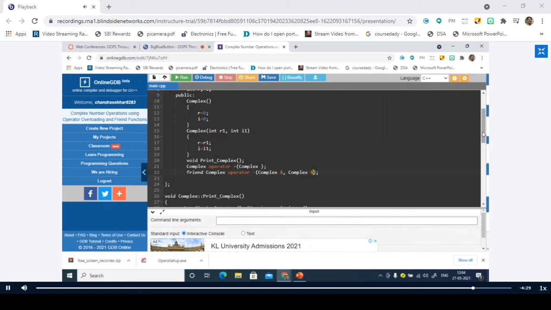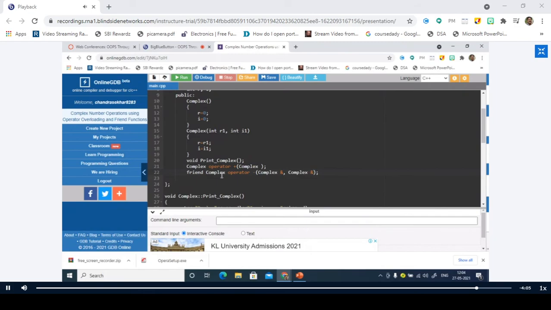Now, can I define the friend function inside this class? No, I should declare it outside the class. While defining the friend function outside the class, do I need to tell the compiler whether this operator function belongs to the class or not?